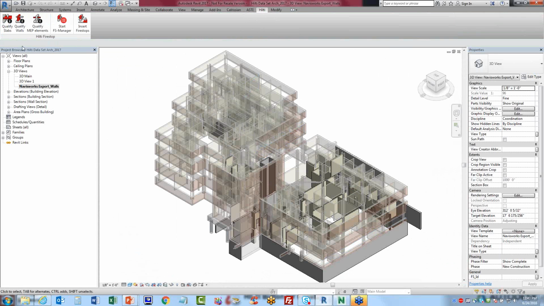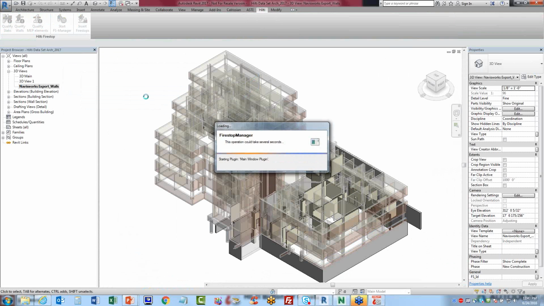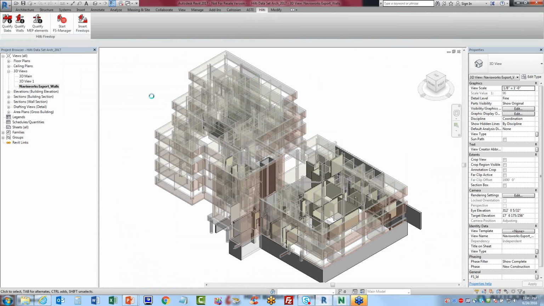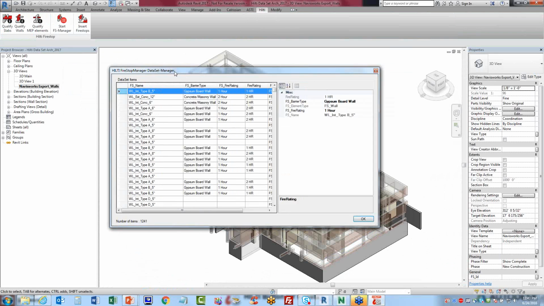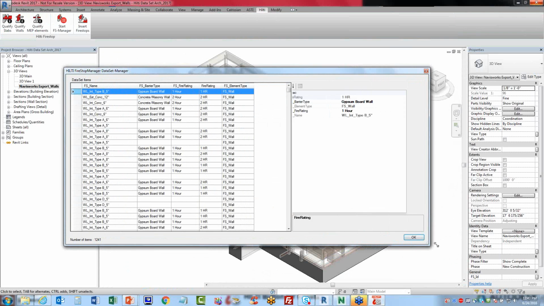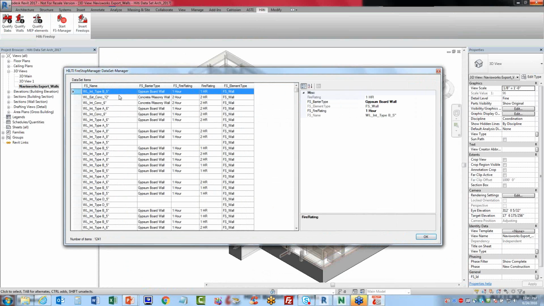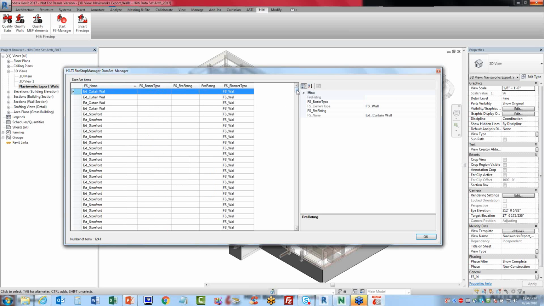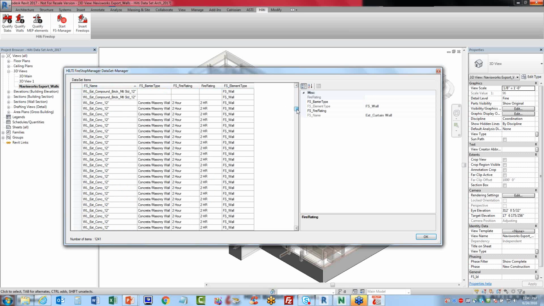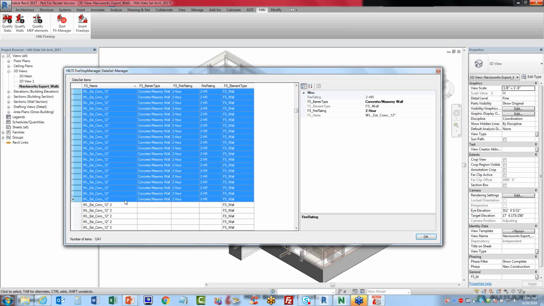And just as we mentioned earlier, in this case we have walls, so we'd have to use the qualify walls, and that will look for the existing Firestop assigned to each component based on the Revit type properties. And so we can, for example, come over here and simply select the item by name, look for similar components, such as, in this case, we have the concrete wall, 12-inch,